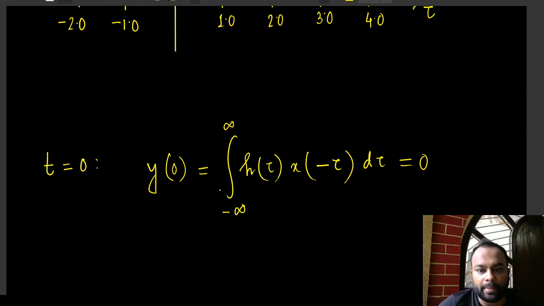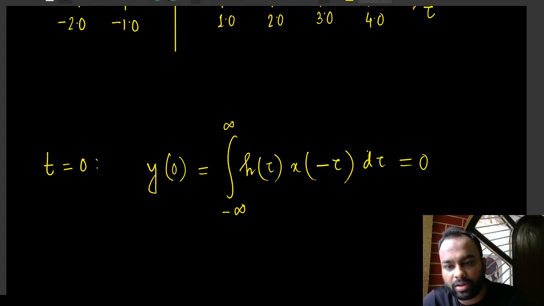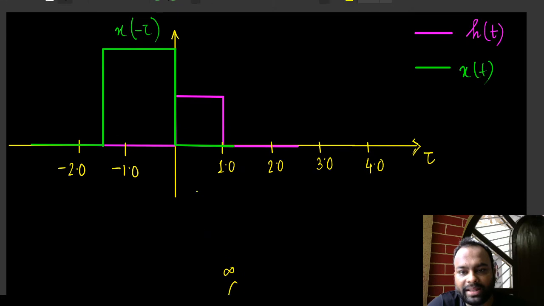So now we are trying to mathematically figure out what we have as h tau. Again, tau is just a dummy variable, right? So we can write p here, q here, whatever we want here. It won't matter, right? It is just a placeholder name. I can write whatever I want. So it doesn't matter. So h tau would look exactly the same as ht. Okay. Now what is ht?